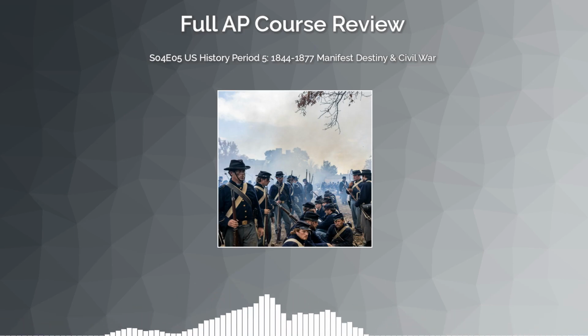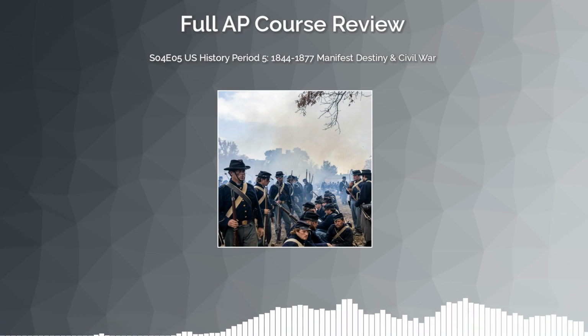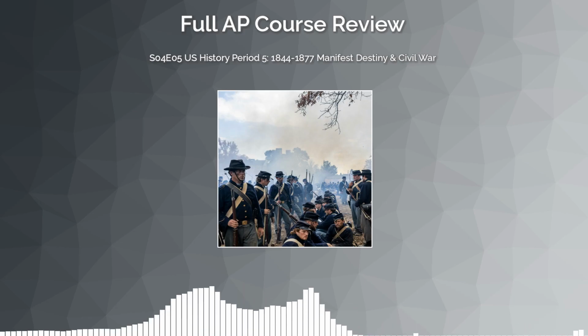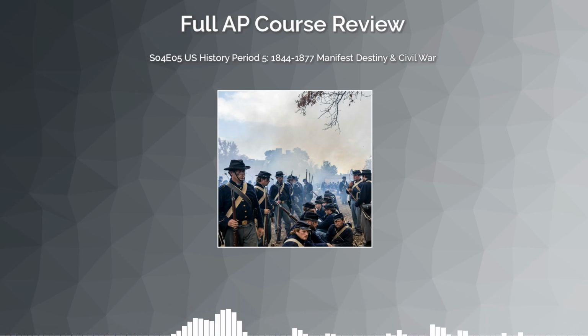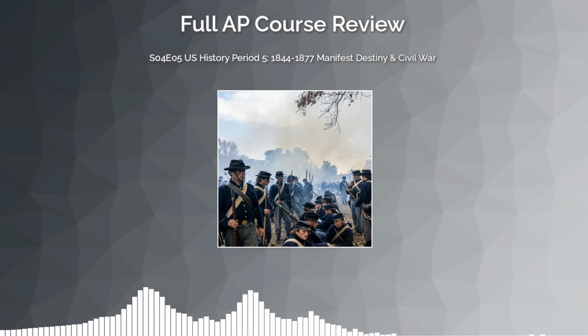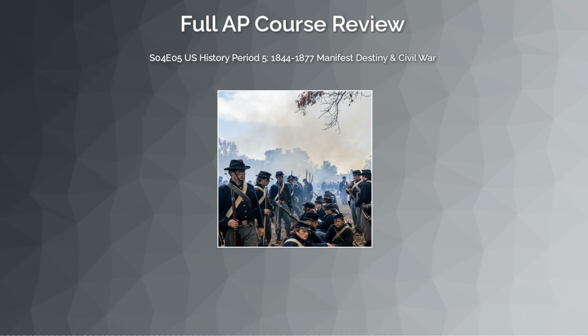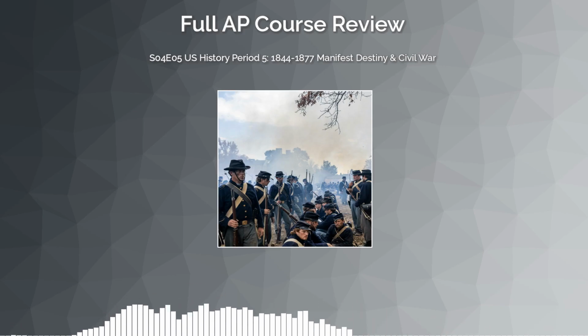After the disputed 1876 election between Rutherford B. Hayes and Samuel Tilden, a backroom deal gave Hayes the presidency in exchange for withdrawing the last federal troops from the South. With no federal protection, the brief era of black civil rights collapsed. What followed were black codes, sharecropping systems that kept black families in cycles of debt, and eventually Jim Crow segregation, all of which the AP will connect forward into later periods.